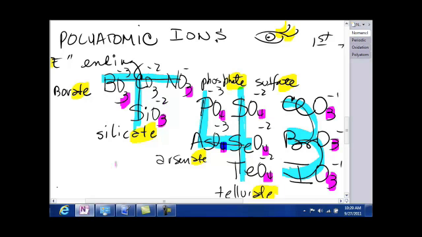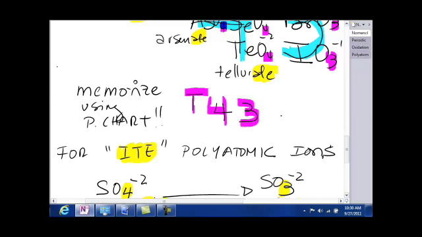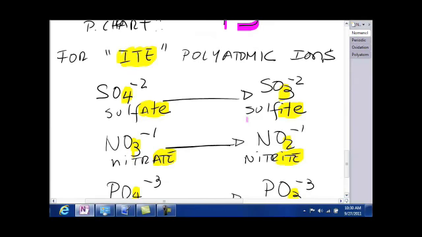move on, okay, so you're memorizing using the periodic chart, put the T, the 4, and the 3 where they belong. And you're memorizing the ATE polyatomic ions, and we did this last class. And then we said, after you do that, then you move down to the ITE. Okay, so in category 1, our ending was IDE. Now it's not. Now it's ATE, ITE. And ITE is formed from an ATE minus an oxygen. Okay, so if I remove 1 oxygen, sulfate minus 1 oxygen,